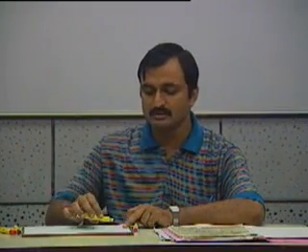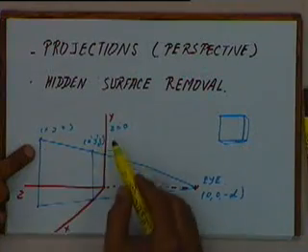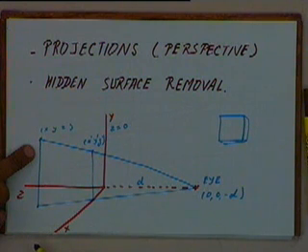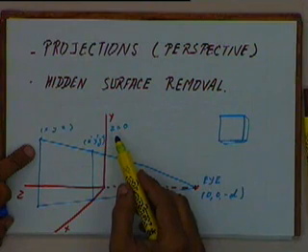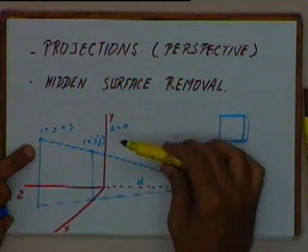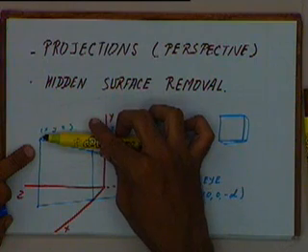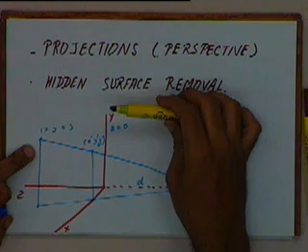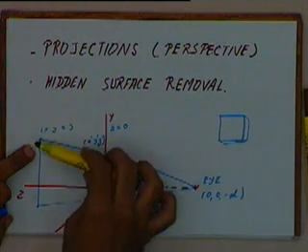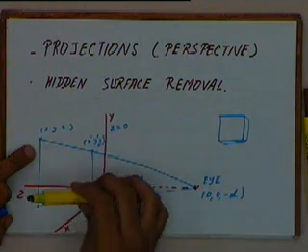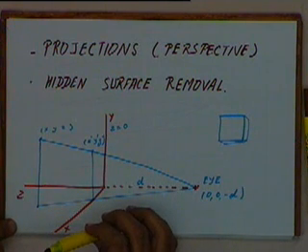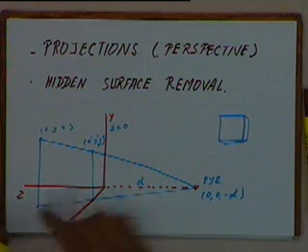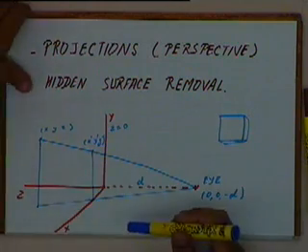In the earlier case, the point x, y, z, when projected onto the xy plane using orthographic transformation, was just getting transformed to x, y. The x and the y coordinate won't change because our projecting lines were earlier parallel and perpendicular to the projecting plane. In this case, all the projecting lines are going to make a different angle to the projecting plane. How do we find the coordinates of this point x prime, y prime, z prime?